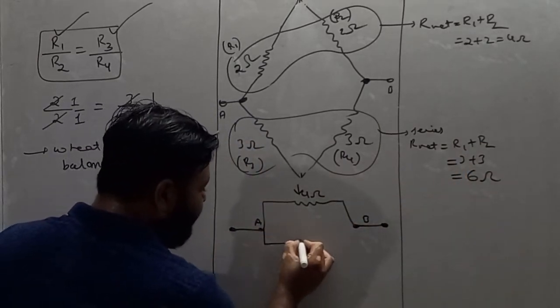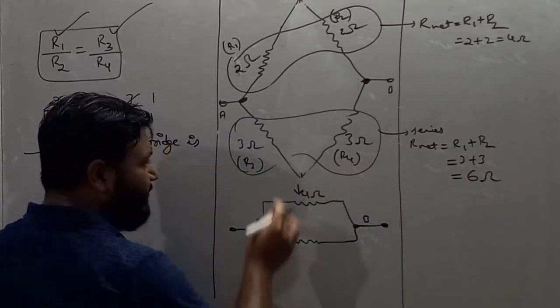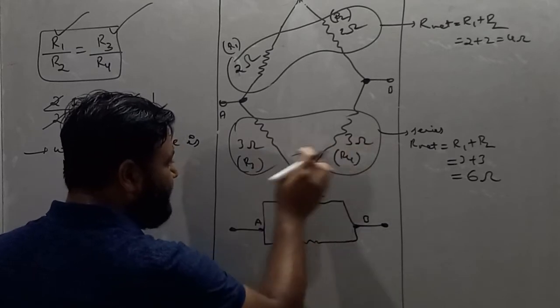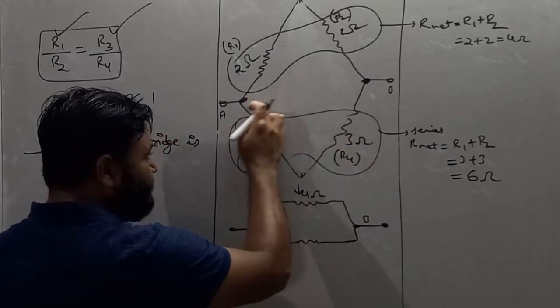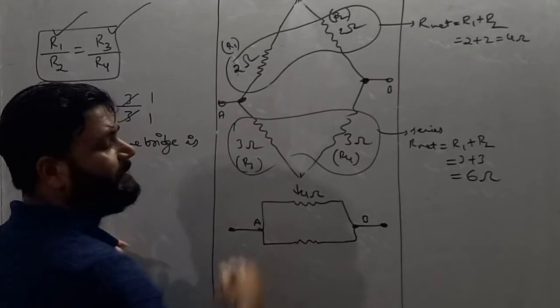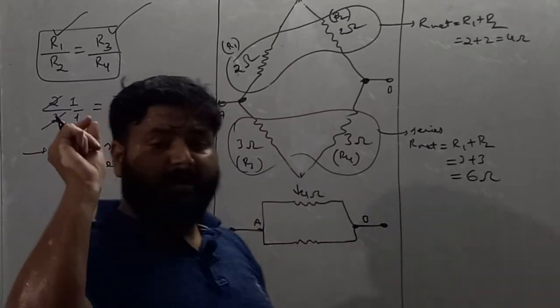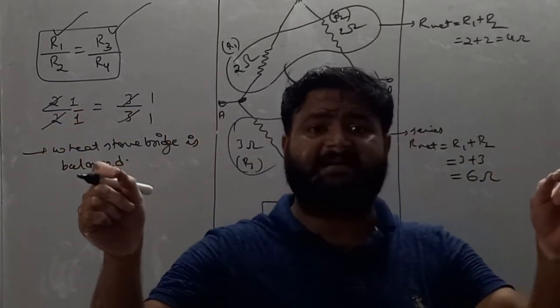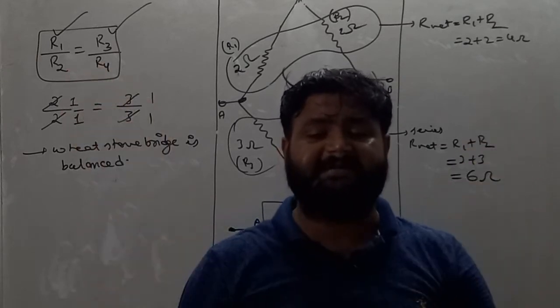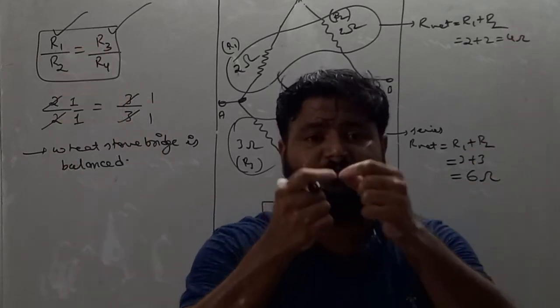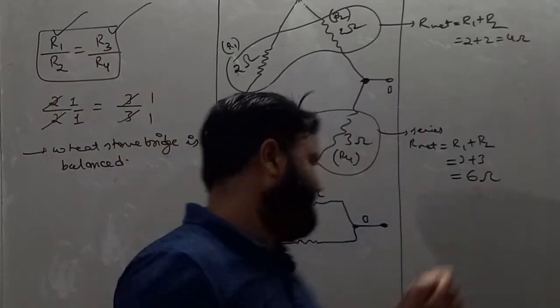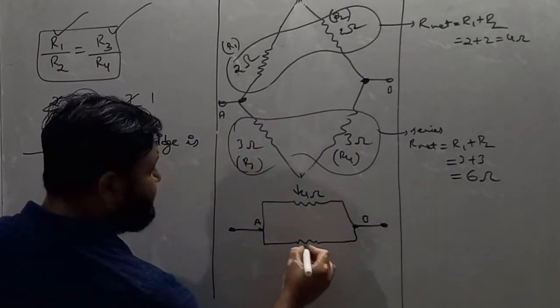So again here I'll make another resistor of resistance 3 and 3, meaning R3 and R4. So these two resistors are again connected between point A and B. Remember, along that point the resistors are connected. If you get the net resistance, then the net resistance is also connected across the same points, A and B, so I write here 6 ohm.